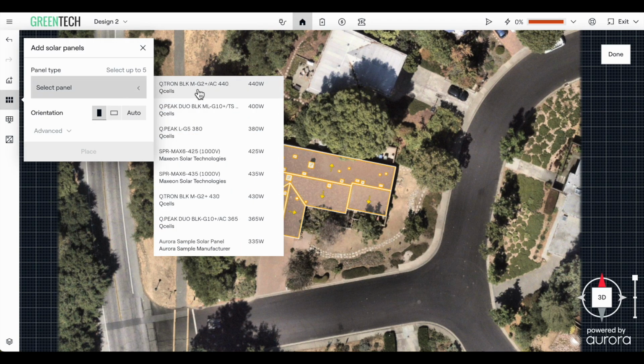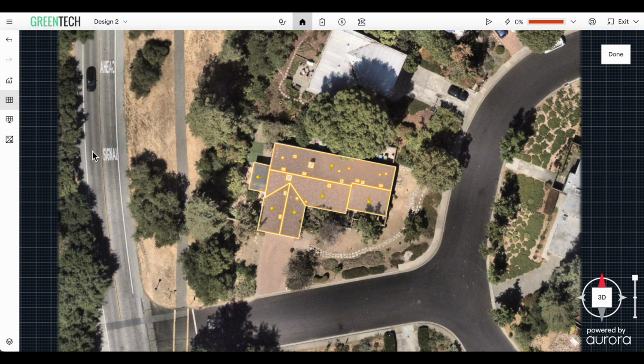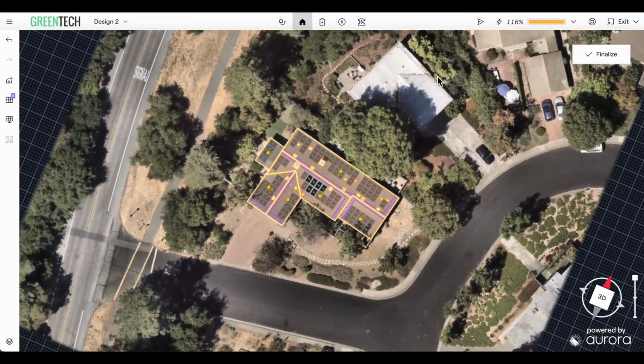We'll select an approved panel out of the list, adjust our orientation or advanced settings if we wish to, and then select Place. Aurora will automatically find the areas on the roof with the best sunlight to place the system. A design's been created for us, and this is going to offset 116% of the energy that this home will consume over a 12-month period. I like the way this looks, so we'll keep it